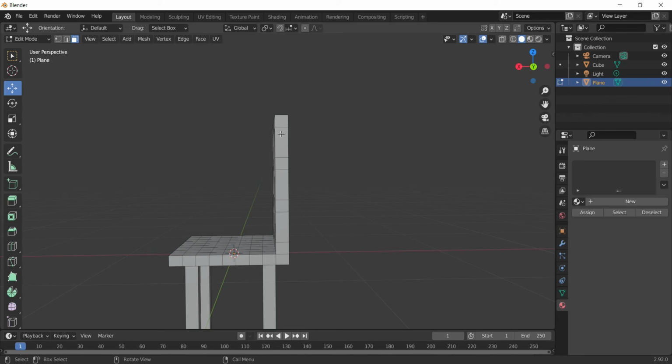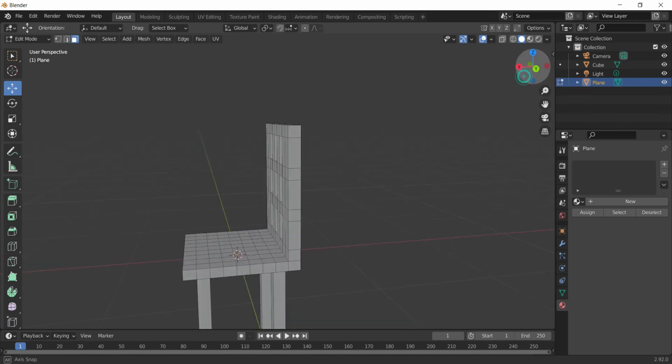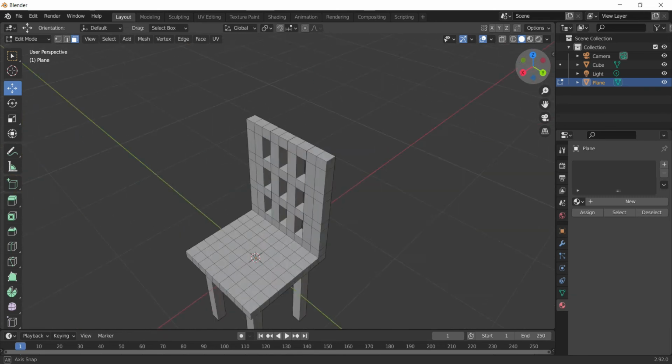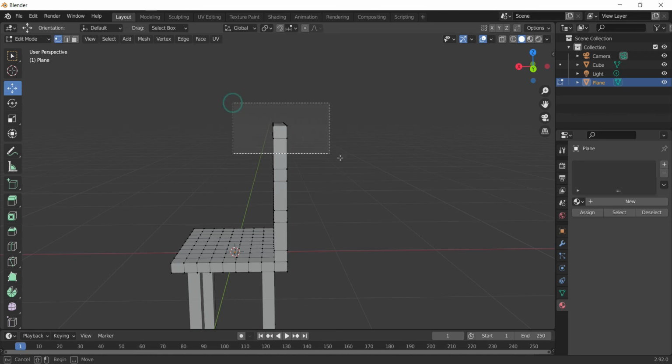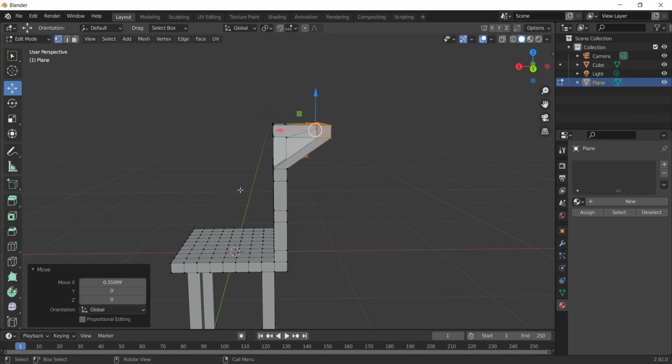If I give some slant angle, then the chair might be much more comfortable. Now to achieve that angle, I can go to vertex mode, and from the side angle, select all the vertices and move them. Let's see how I can do that.